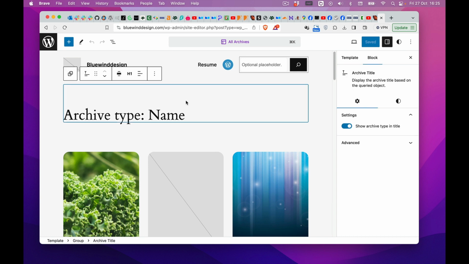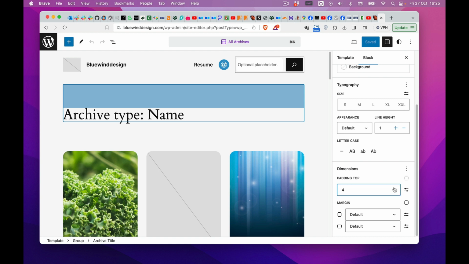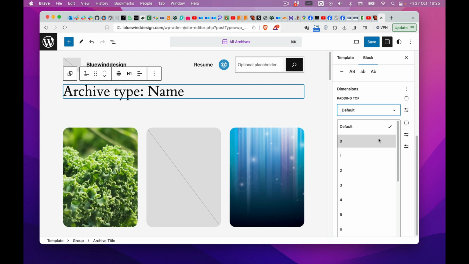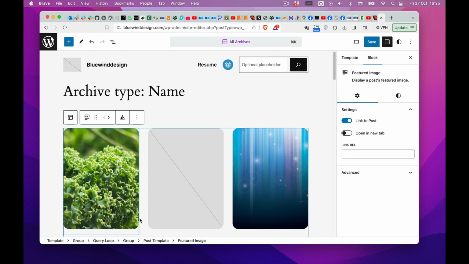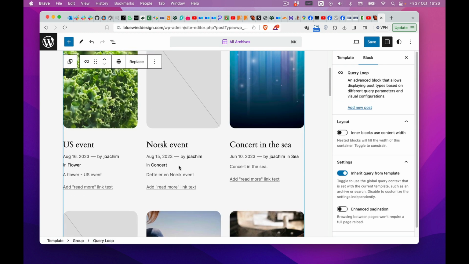So this, I can see there's a lot of space here in the top. Does that mean, yeah, it's a padding here? Okay, so these are actually different controls from what I'm used to. Look, the padding looks different, and we don't pull it along a line here. Now it's going to drop down. That's new for me. And let's see here, and we have then a group, a query loop here,